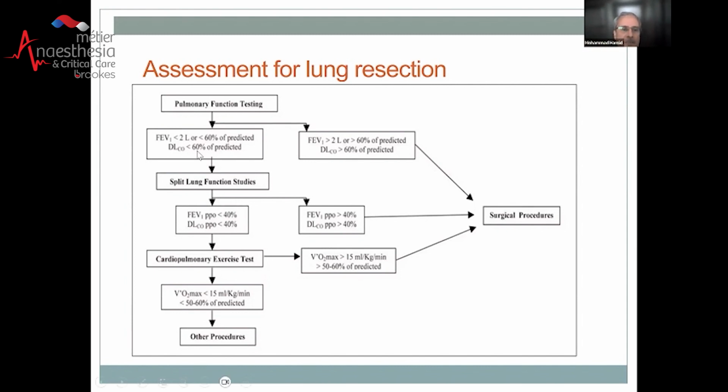if it's less than 60%, then you have to go for other tests, which are predicted post-operative FEV1 and predicted post-operative DLCO. If it's more than 40%, then go for surgical resection. Otherwise, further testing is necessary. Further testing is basically cardiopulmonary testing, where you would look at the VO2 max, and we are going to discuss this further. So this is basically the whole analysis of how you do